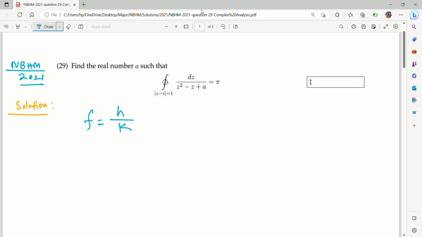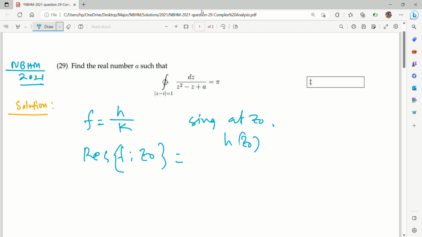and if you have a singularity at z0, then there is a theorem which says that the residue of f at z0 is equal to h of z0 divided by k dash of z0. Here one thing we need to remember is that h of z0 is not equal to 0,